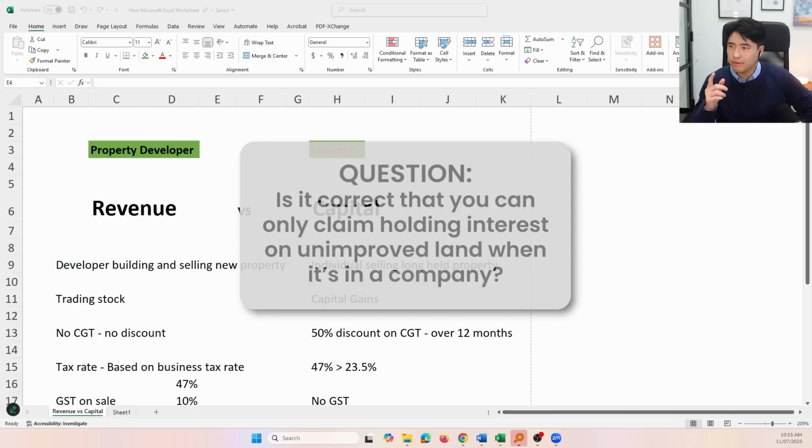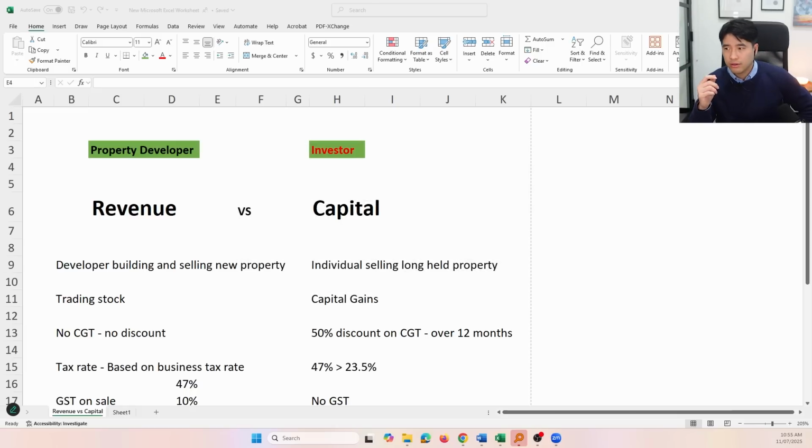No, I think you can claim it whether it's in your personal name or in your company. It's just that in your personal name it depends if you're renting it or not, so rental income. So you got to work out, remember, when you're an investor or a property developer, there are two types of transactions. There is the transaction of renting the property out, or there's the transaction of selling the property. They're the two main transactions you have as a business, as a property owner.